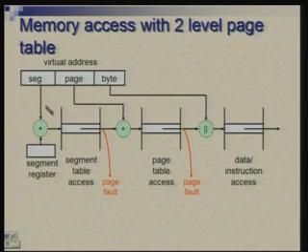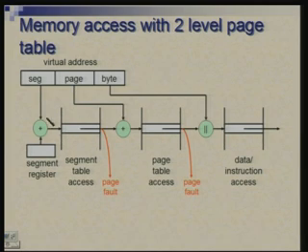I am not showing a constant multiplying factor here. Suppose each segment table entry is 4 bytes, then this number will have to be multiplied by 4 before you add it. So, conceptually I am just directly putting it here. The idea here is that the segment register contains the address of the starting point of the segment table, and this tells which particular entry you want in that table. So, the two added with appropriate weightage here lead you to the location of the segment table entry which you want to refer to. So, you make an access to the segment table.